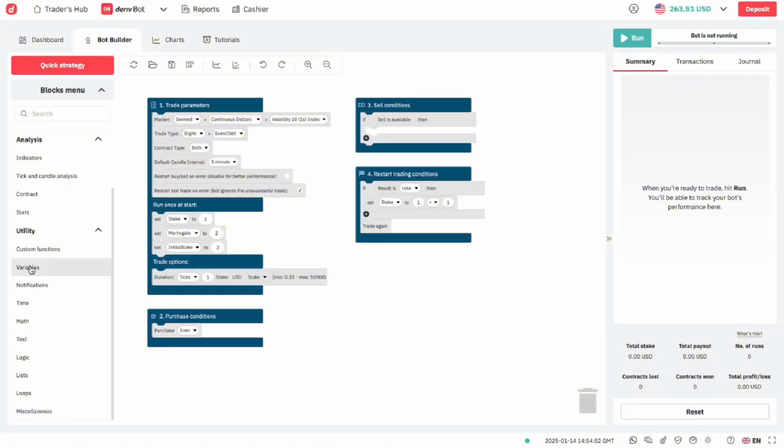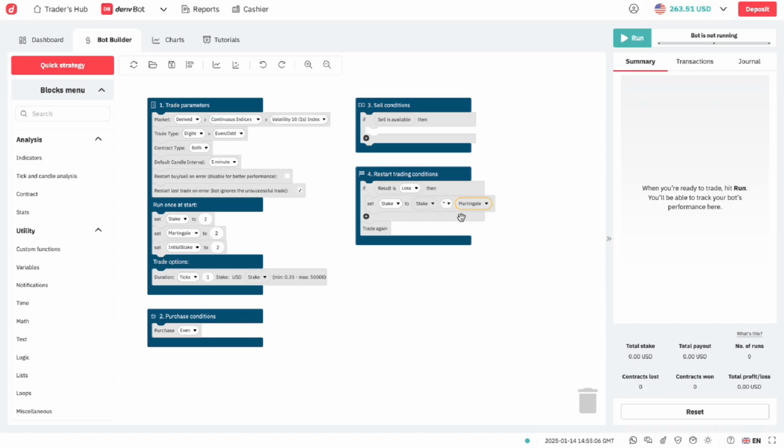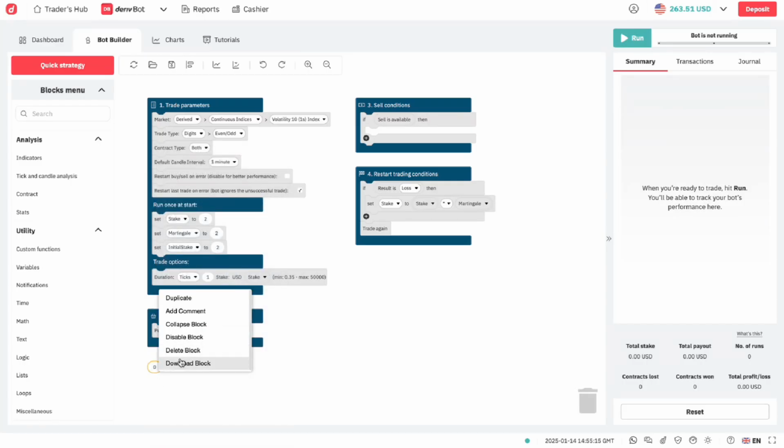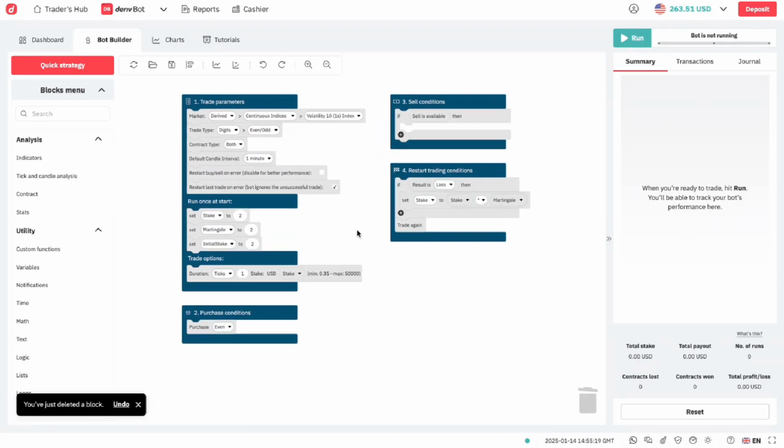So on this one, I go to variables, I get my stake. I put stake on first number, and then I multiply by the other variable, martingale. There. Sort blocks, so I find any hanging blocks here like this zero, you just click on it and delete block. So we are good on that. So if we lose, we set the stake to the stake times the martingale.